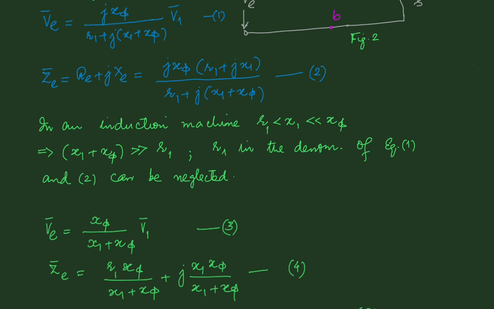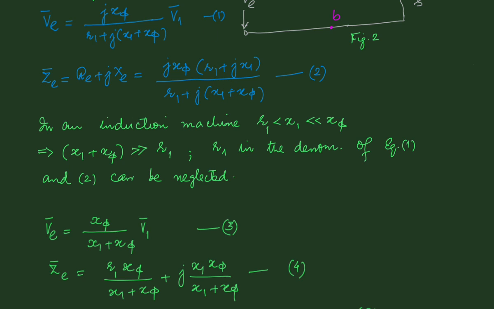In an induction machine, R1, the stator resistance, is smaller than the stator leakage reactance X1, which in turn is quite small as compared to the magnetizing reactance Xφ. And therefore, the sum of X1 and Xφ will be very large compared to R1, and hence in these two equations in the denominator, R1 can be neglected compared to X1 plus Xφ,